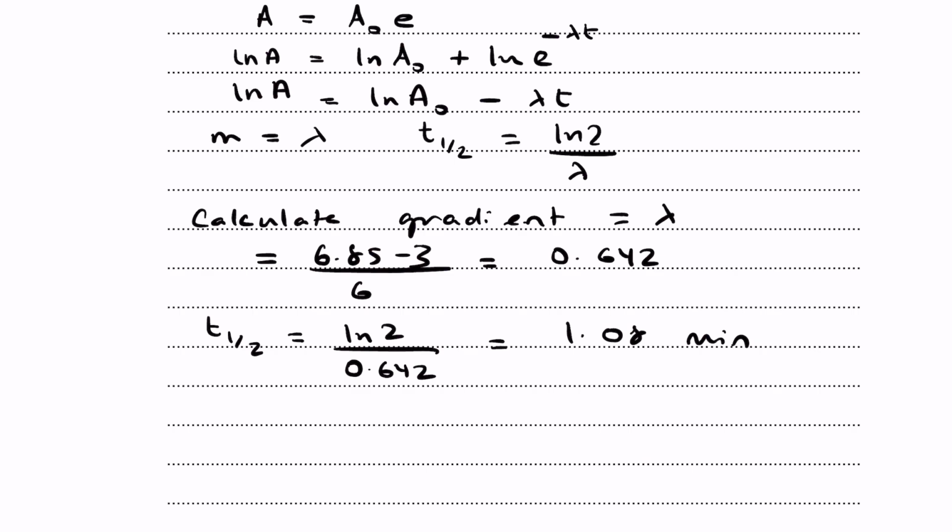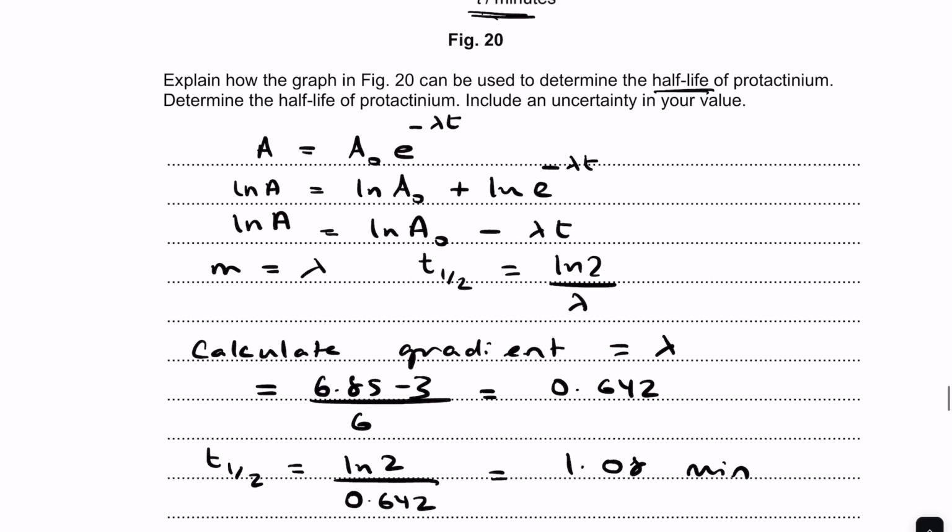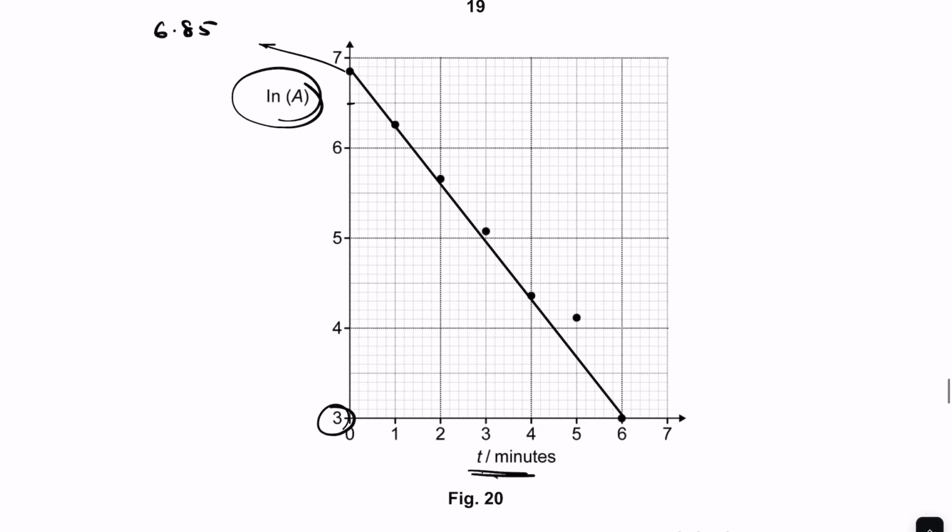And then we could work out the uncertainty by considering the line of worst fit. Now, I know over here we're not really given the error bars, so I will try to draw one out, making sure I do it in another color. So let's say I consider this in blue. I'll just take it from here